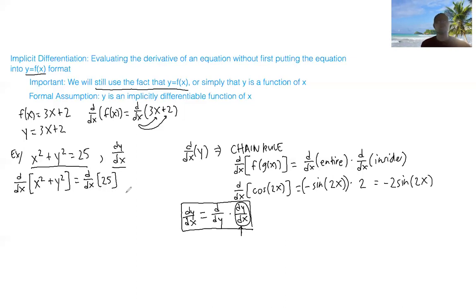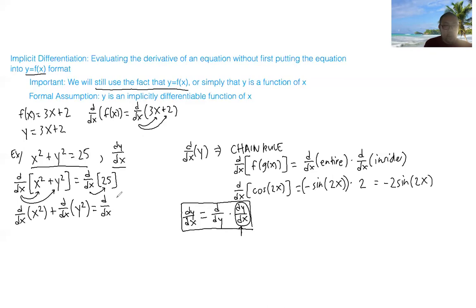And there's no particular reason why I'm using square brackets. I just happen to. Okay. And so we know that in this case, you're still going to distribute your derivative to each term in your expression. So this is the same thing as d over dx, or the derivative with respect to x, of x squared plus the derivative with respect to x of y squared